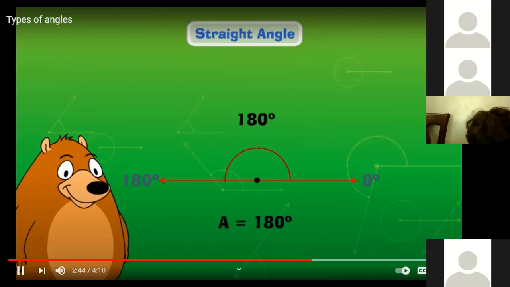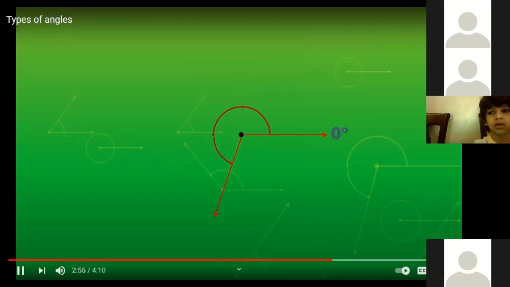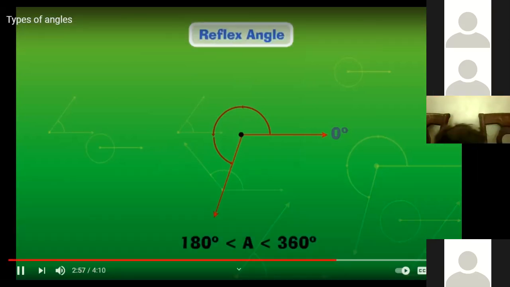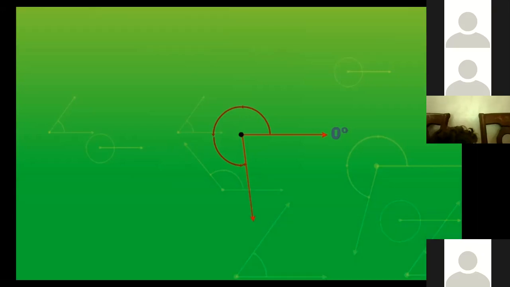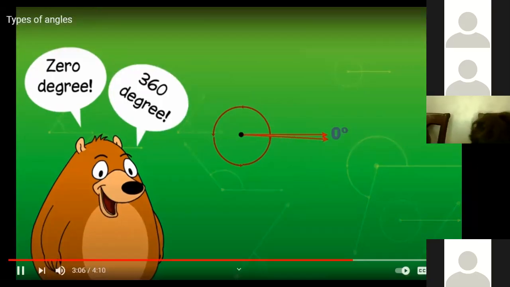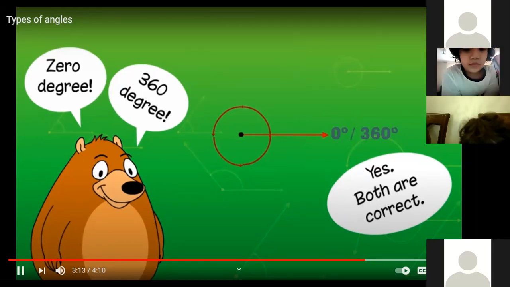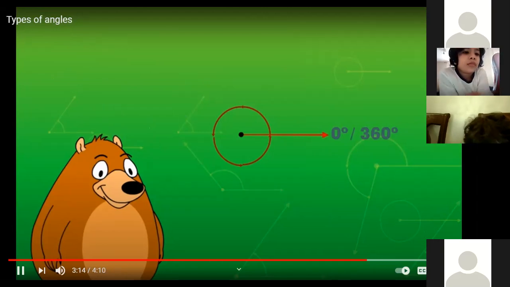Let's move the arm of an angle to more than 180 degree. An angle whose measure is more than 180 degree and less than 360 degree is called a reflex angle. Okay, what will happen if both the arms of an angle overlap each other? 0 degree, 360 degree. Yes, both are correct. An angle that measures